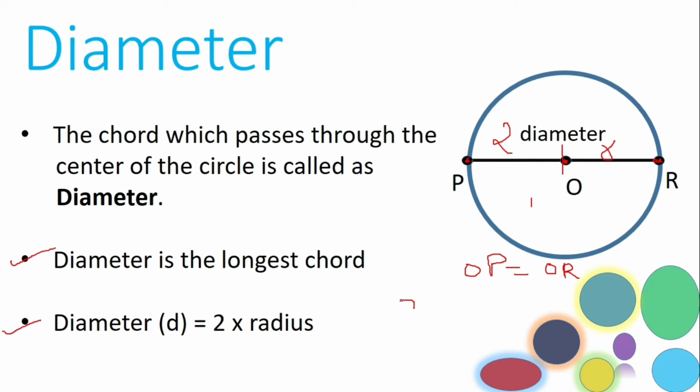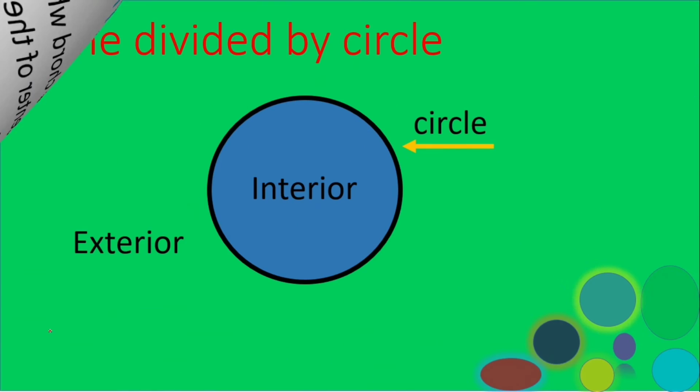So can I write diameter will be equal to twice OP? So remember this, diameter is always twice of radius. The next thing about the circle is that circle divides the whole plane in three parts, that is circle, interior